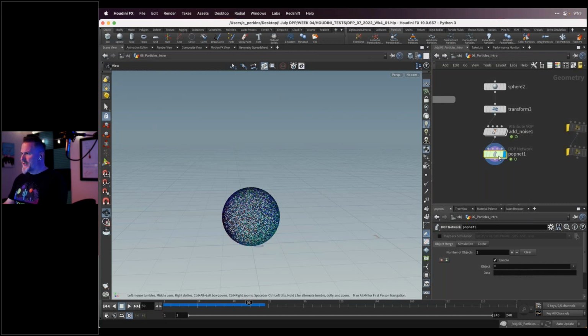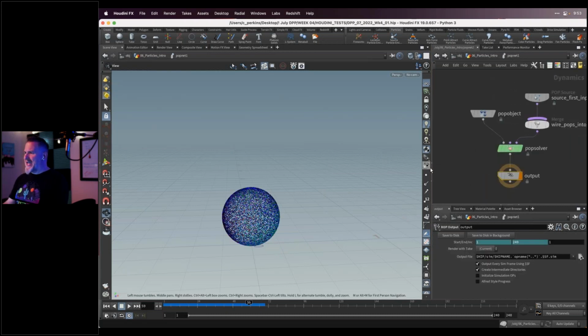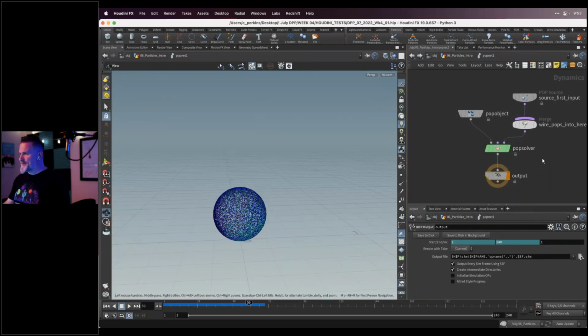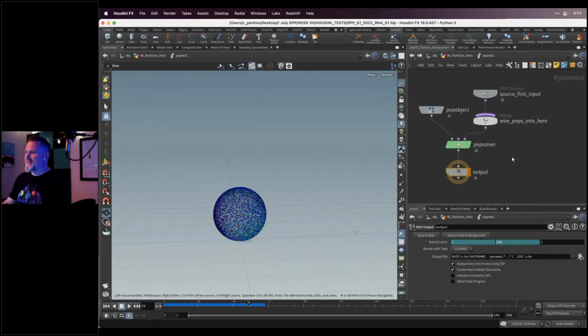Now I can double click here. Now we are in the crazy world of DOPS, where the rules are completely different and things don't work as we would expect them to from what we've learned about Houdini thus far. So the reason why these particles just kind of grow on like this is because they don't have any velocity just yet.